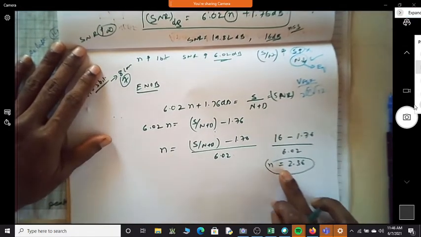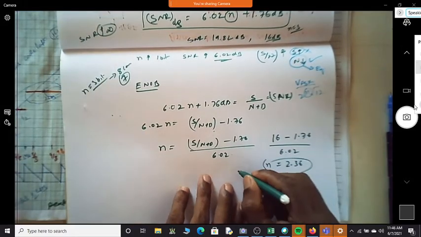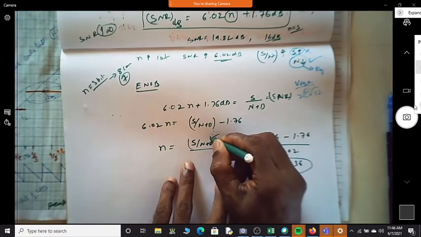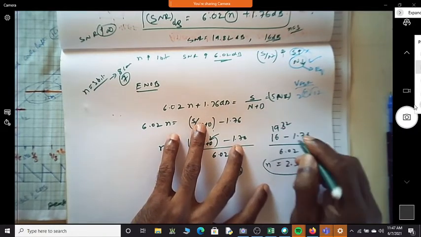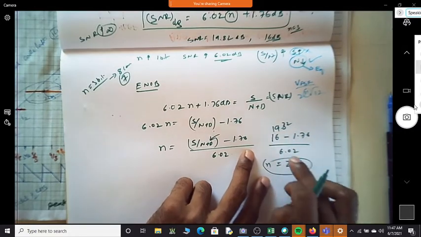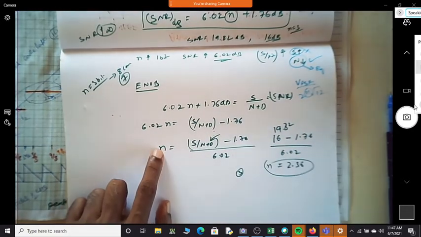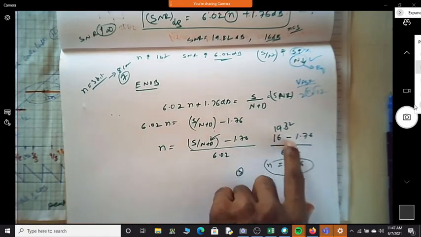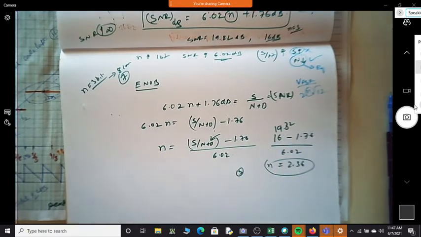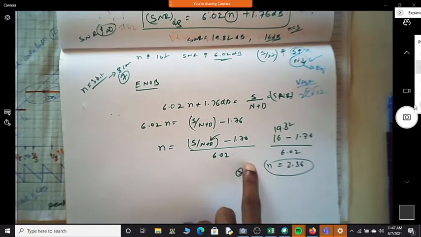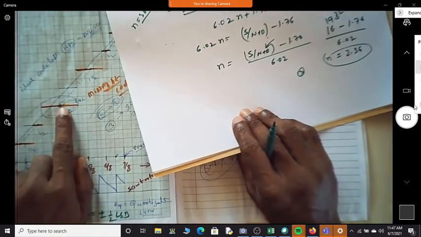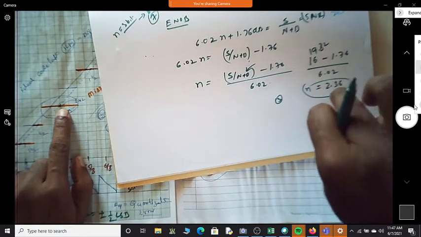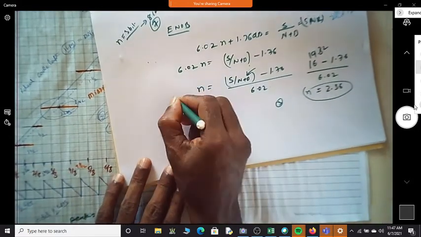Why is this the effective number of bits? This should have actually been 3 if this was 19.82. Suppose you substitute 19.82 minus 1.76 by 6.02, and exactly we get 3. Meaning there is no other distortion. You are getting the exact transitions happening at every odd number of half LSBs. So in such a case, n will become 3. Suppose if something like this happens, where signal to noise ratio has reduced, we will exactly end up with